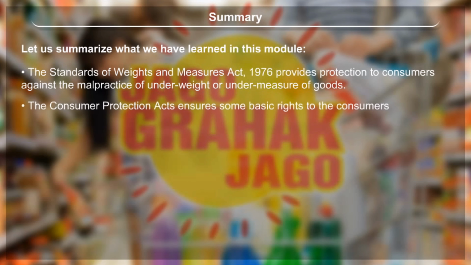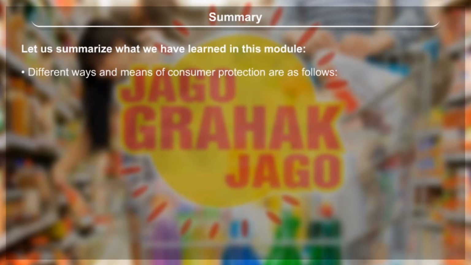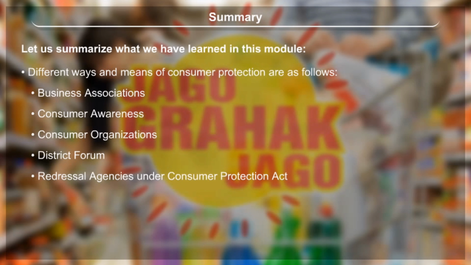The Consumer Protection Acts ensure some basic rights to the consumers: right to safety, right to be informed, right to choose, right to be heard, right to seek redressal, right to consumer education. Different ways and means of consumer protection are as follows: business associations, consumer awareness, consumer organizations, district forum, redressal agencies under Consumer Protection Act, state